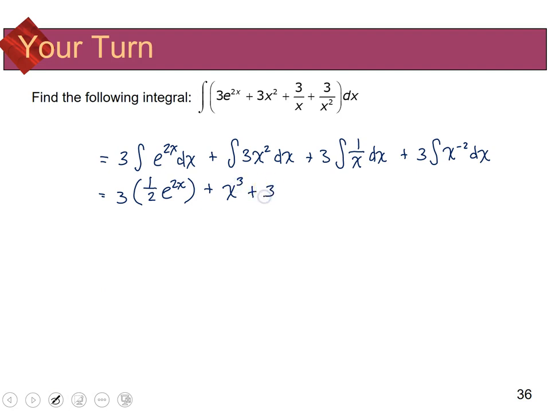Plus 3 times, well, the integral of 1 over x dx is the natural log of the absolute value of x. And then 3 times, well, now I'm going to take x to the negative 2. I'm going to add 1 to the exponent and get negative 1. And then I'm going to divide by negative 1. So now when I simplify,